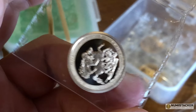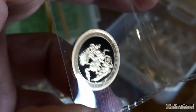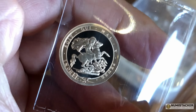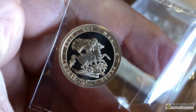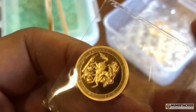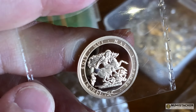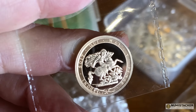If you are on eBay in America and you look up random proof sovereign, you'll find places like Bullion Exchange selling them for only maybe $20 over the price of a regular bullion sovereign. You'll find a basic proof sovereign, probably one of the early ones which had pretty high mintages, but it may have handling issues at that price. So those kind of coins wouldn't necessarily be collector's coins, although I've successfully bought cheap bullion sovereigns, cheap proof sovereigns,